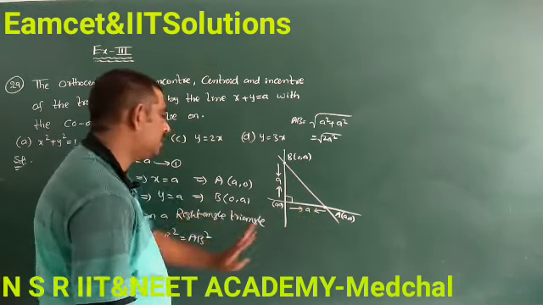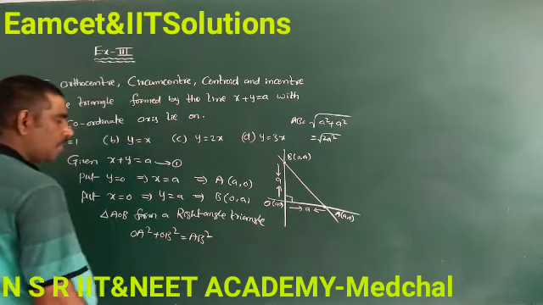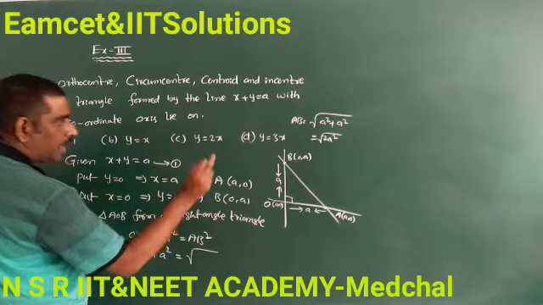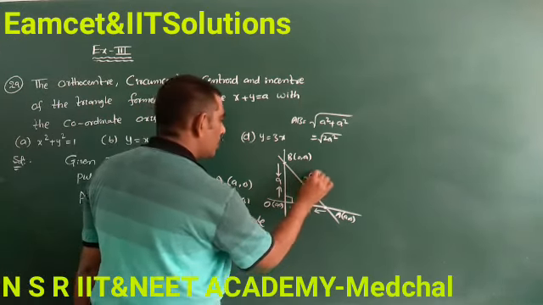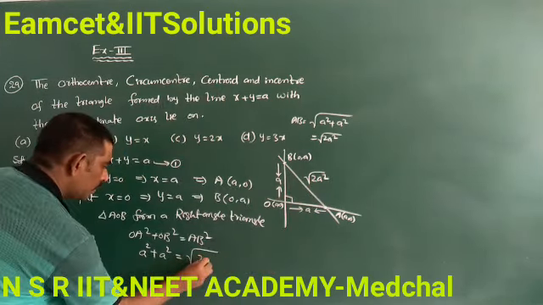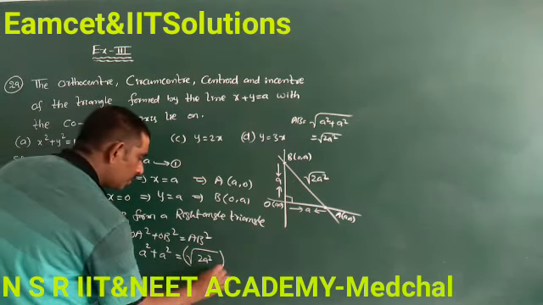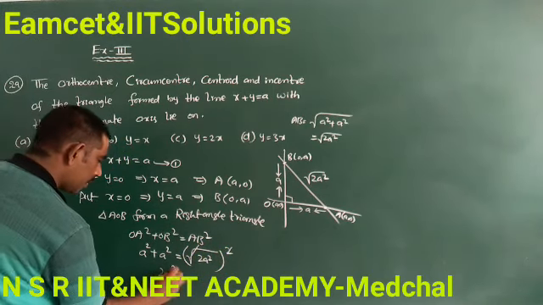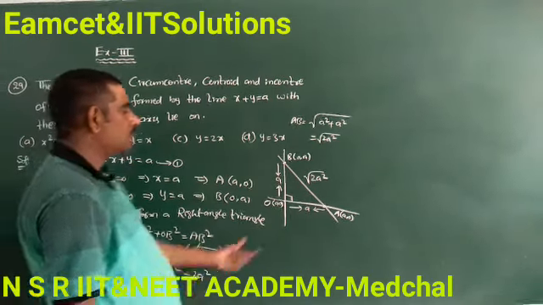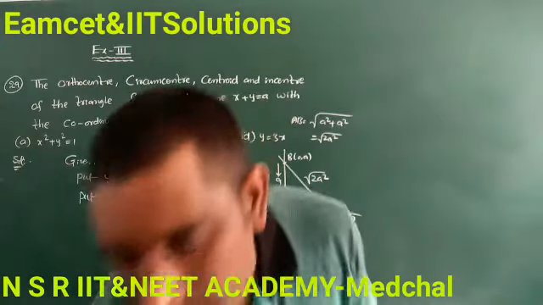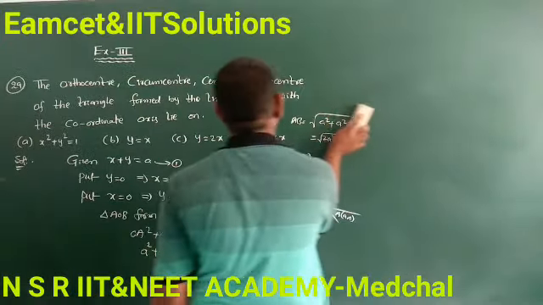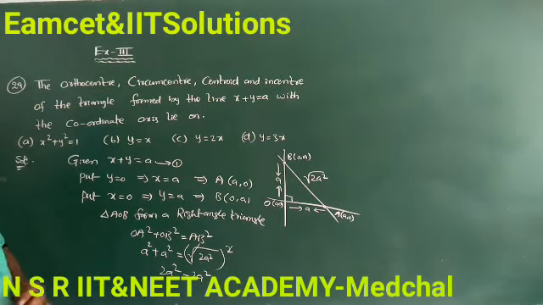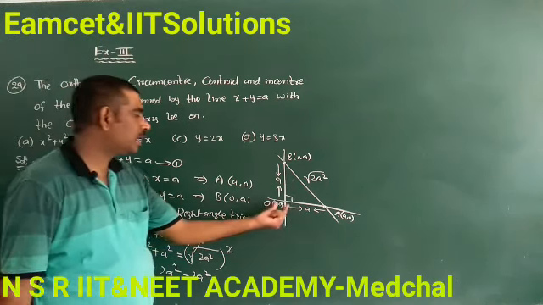See here, OA distance is, this is origin O, OA distance a square plus a square equals AB distance, which is root 2a square. So the square root of 2a square, whole square, the square root cancels, a square plus a square is 2a square equal to 2a square. So AOB forms a right angle triangle. So we know that in a right angle triangle,